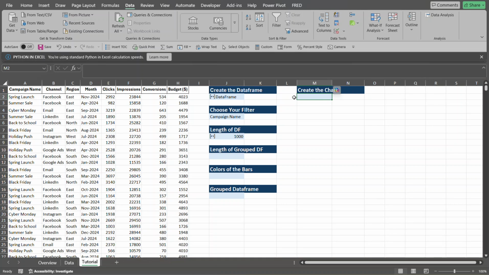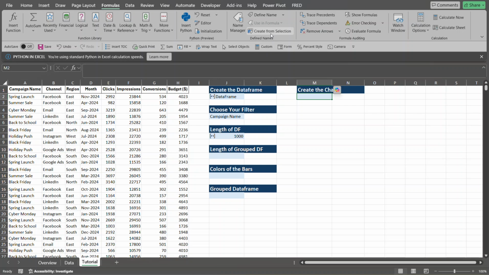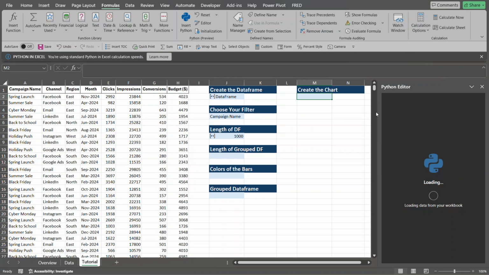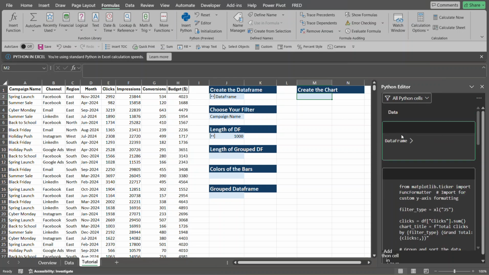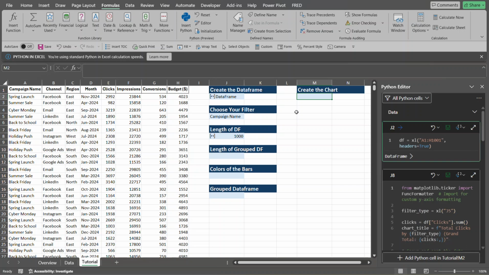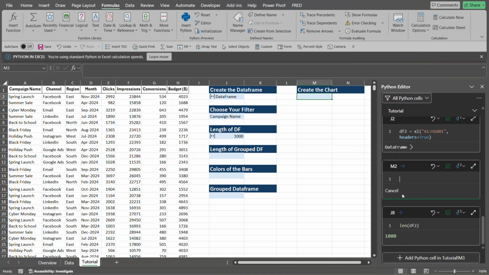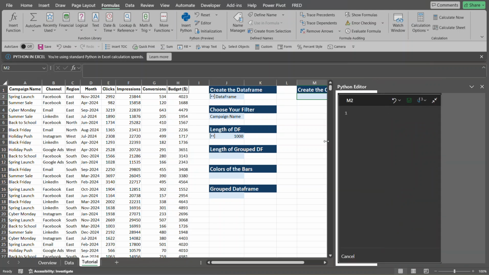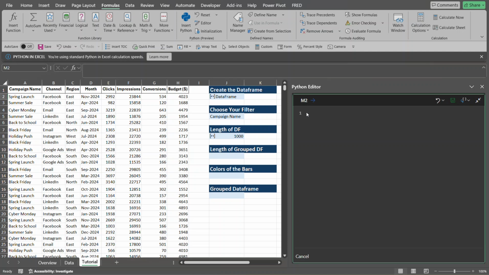What I want to do is bring up the formulas. I want to bring up the editor so it's easier for you to see. Okay, and I want to add a new Python cell in M2, which is where I'm currently selected. So here, and I want to expand this window. And let's just expand this area right here. Our first thing that we need to do is import another library that we're going to use that doesn't automatically come with Python